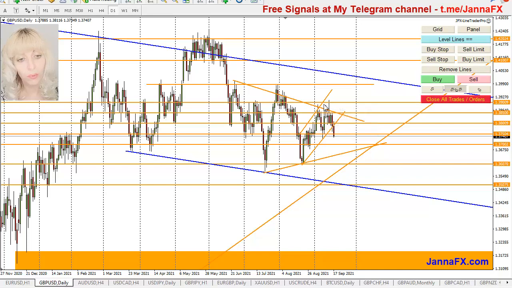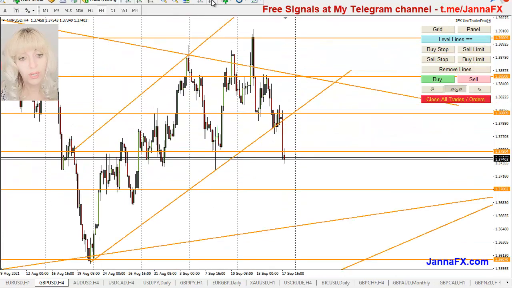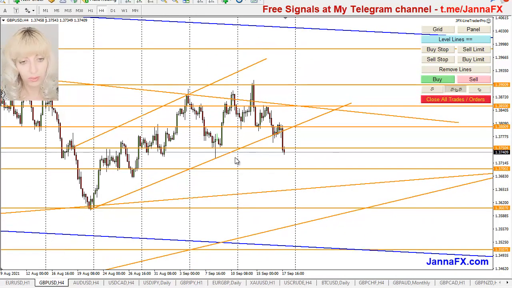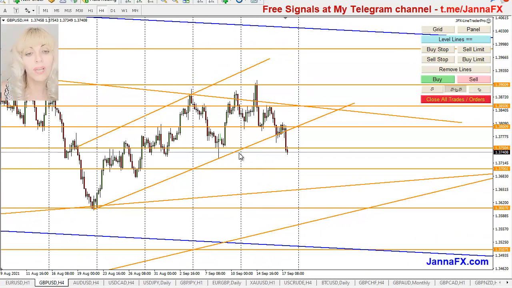You see, we have some wicks in here, and eventually the pair continued way down, just as I expected, telling you of the weaker pairs against the dollar, right? So there was my expectation still that pound is also more likely going down because of all those things around England. So the same, you see, it's like 37.50, so the 50s and the exact numbers.